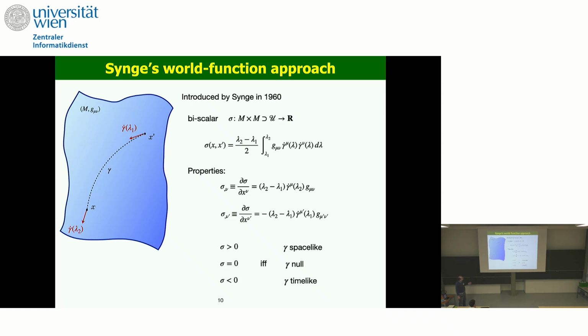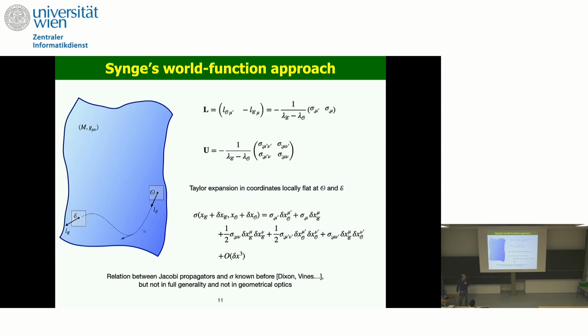And vice versa, if you take the derivative with respect to the other point, you get the tangent vector which takes you from x prime to x. So in a sense, it solves the boundary value problem for you. If you have a complicated metric, you don't know where to shoot your geodesic in order to reach a particular point. If you know the world function, it's fairly easy. You just calculate the derivative of the world function. On top of that, you can also use it to check whether the pair of points can be linked by a space-like, null or time-like geodesic. So it's a useful object, which Synge used quite a lot in his textbook,